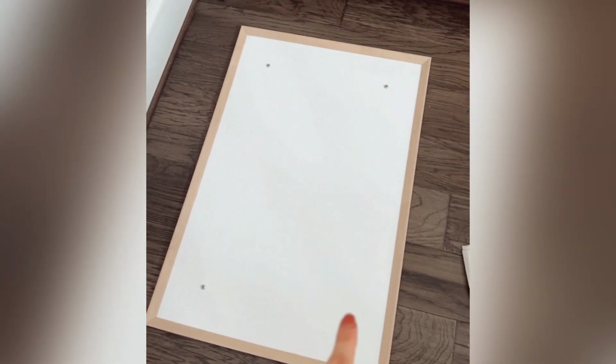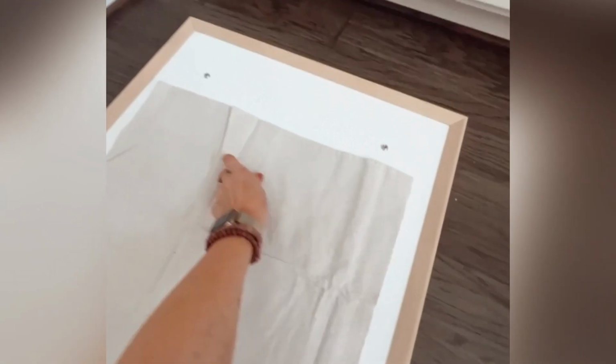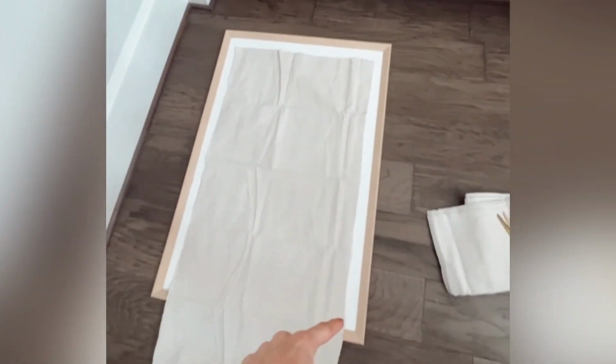Okay, so now I have my frame with 4 snaps that are all evenly spaced, and I'm gonna cut a piece of this canvas. I'm gonna cut the canvas so that it fully covers all the snaps, but there's a little bit of a border, so like that. And then